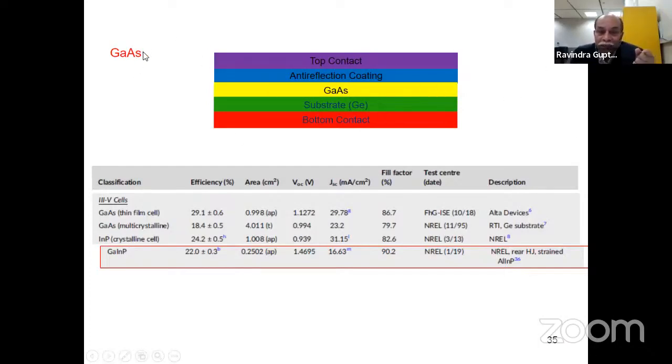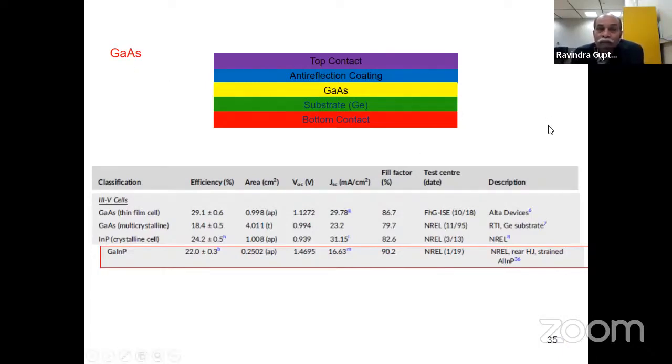But the problem is the arsenic. This is actually a toxic material. But of course, thickness is very, very low, 10 nanometer. So it is good, but 10 nanometer fabrication means you need very sophisticated instruments for manufacturing. This is the problem. And gallium, Ga, this is another problem. It's not so plentiful, so it's an expensive material. That's why when we need it for space application, when we have very little space, when we need very light weight,